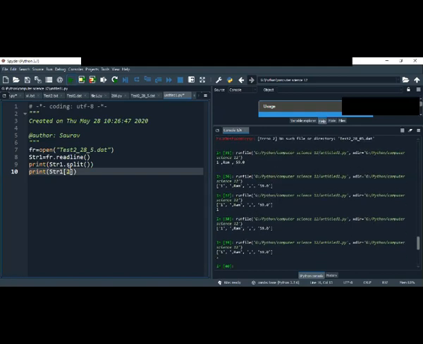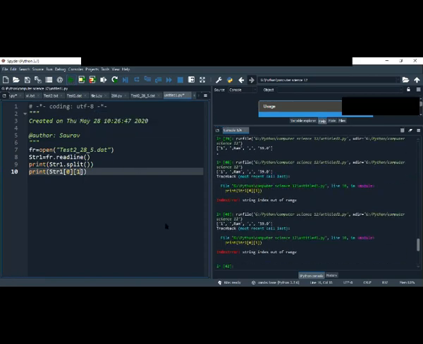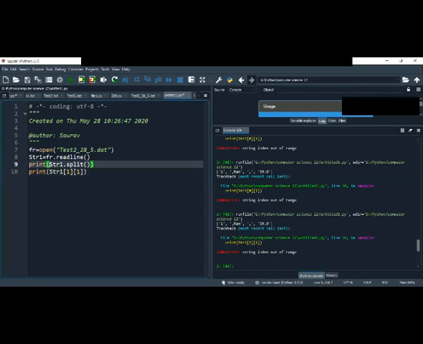No, so I need to write bracket 1. Okay, let us save it in another file and then run it, because we have used split.